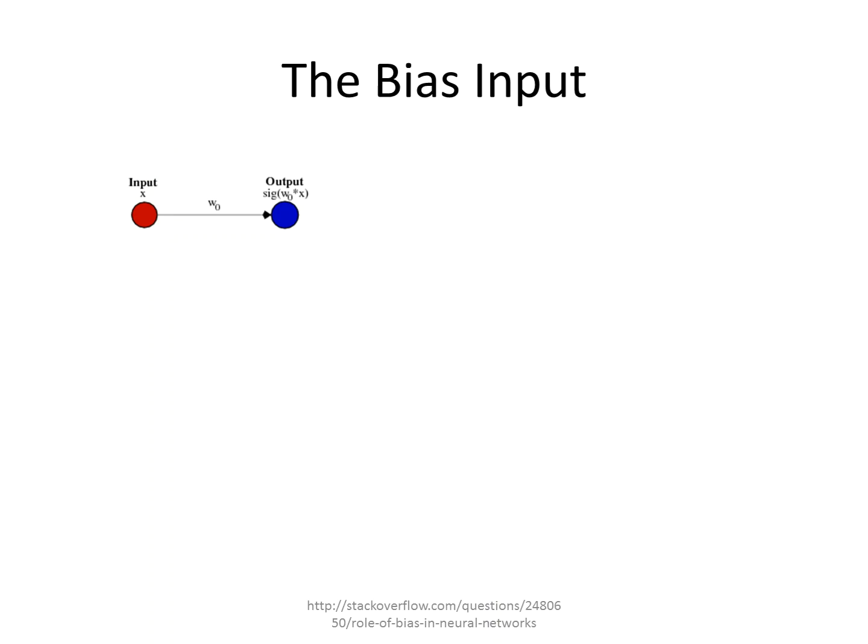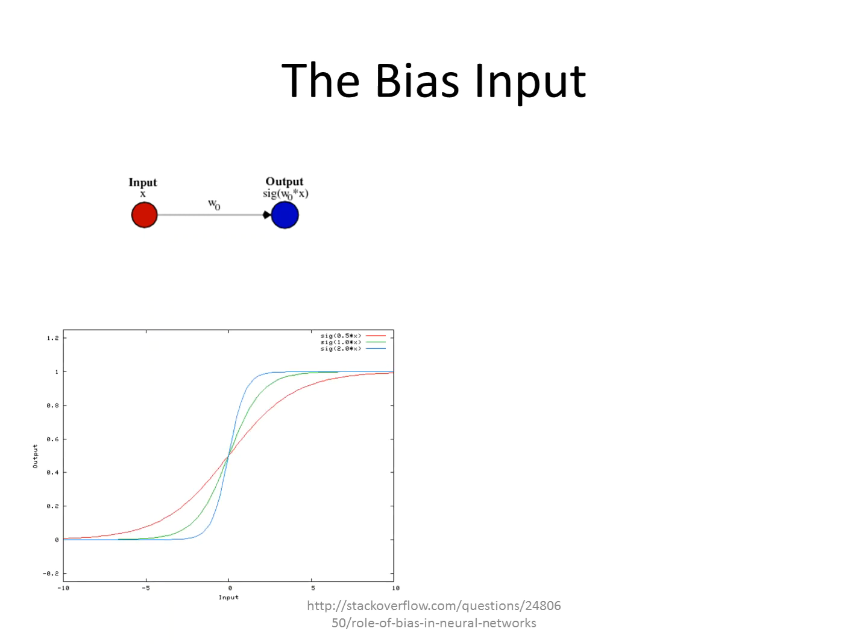The second main requirement for the bias input is this: suppose we have just a single input, and we have a synaptic weight here, and we get the output. In this example we take the activation function as a sigmoid function. If we have a sigmoid function, then whatever weight we apply will just change the steepness of the curve, but it will not be able to move the sigmoid function in any direction.